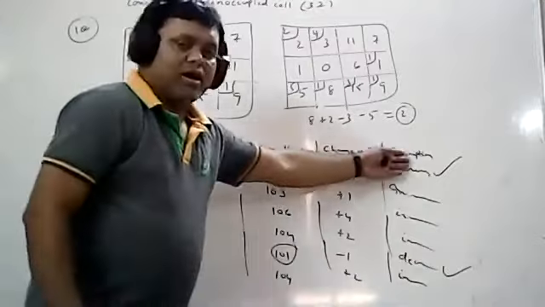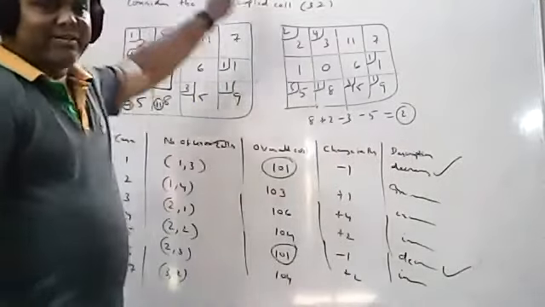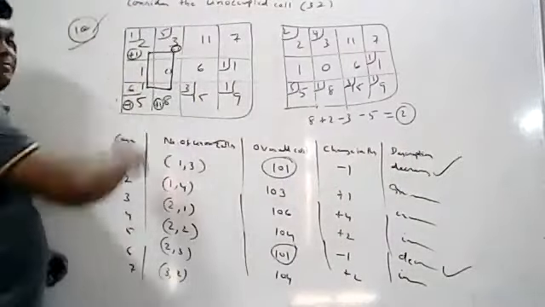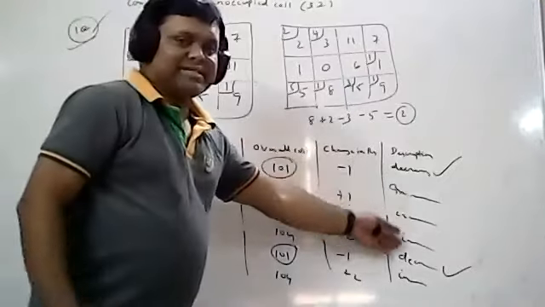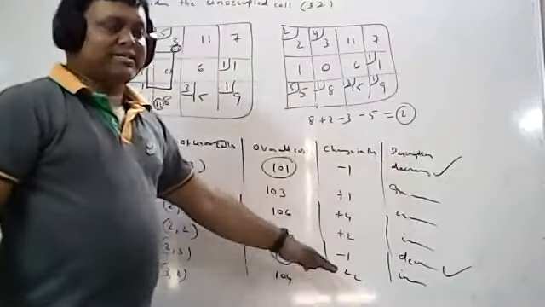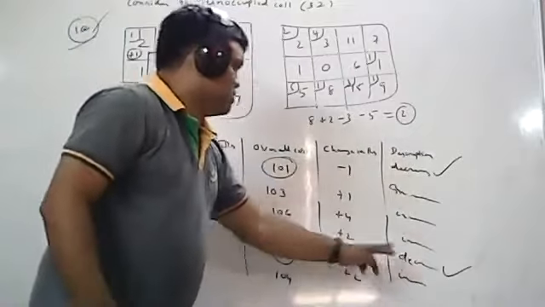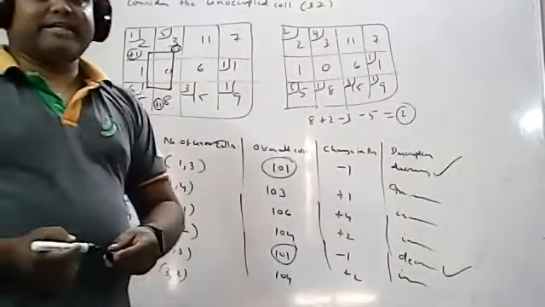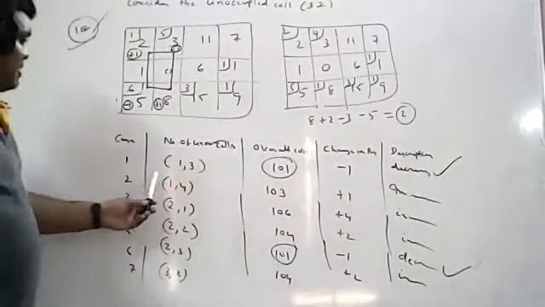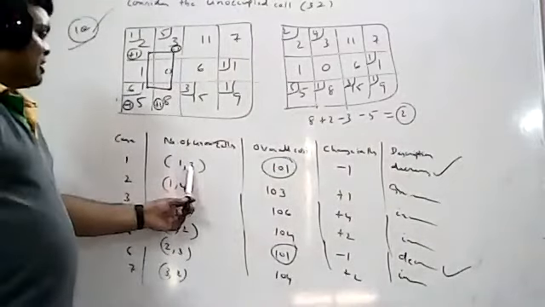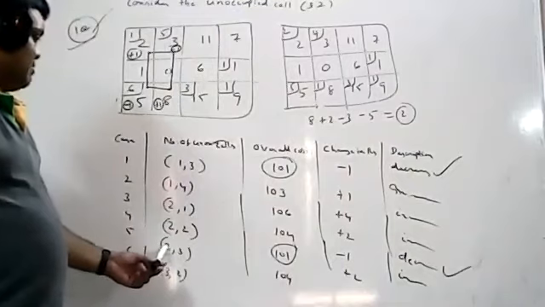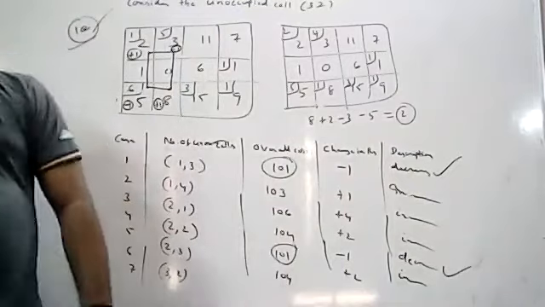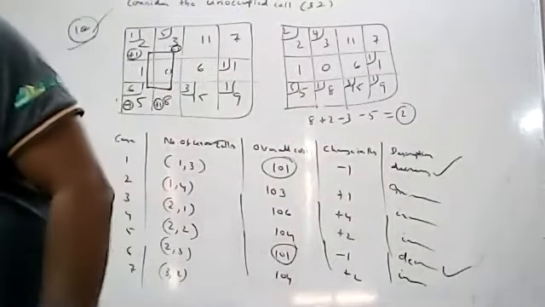Suppose if you got all increases, then whatever VAM method answer, that is your final answer. Suppose if you got decreases, then go for minimum value in decreases. So how many decreases you got here? 2. So both the cases I got 101. So what is the answer for this particular problem? Minimum Z equal to 101 for the cells 1, 3, otherwise 2, 3. So this is about stepping stone method.